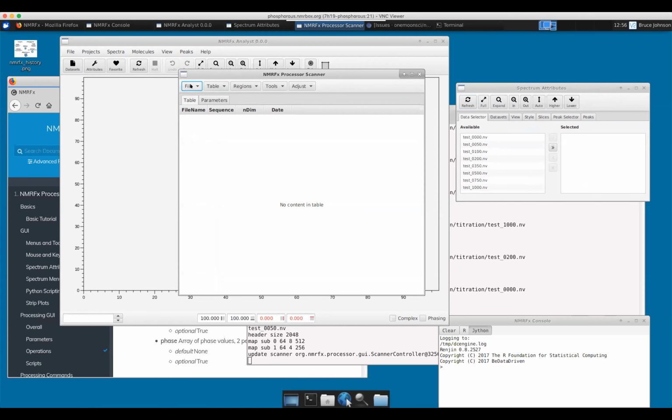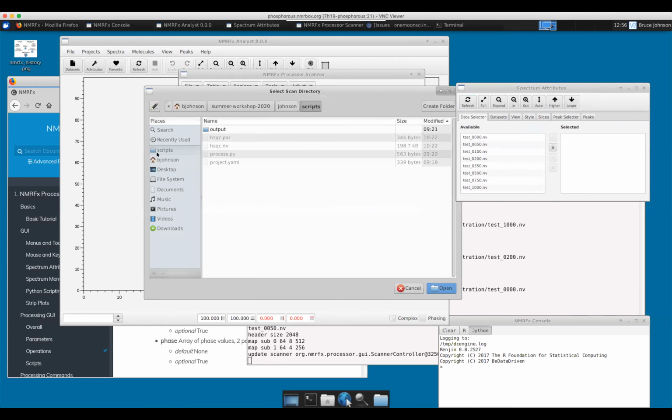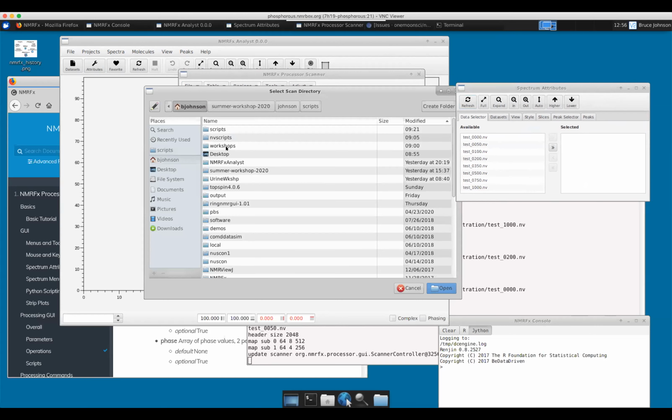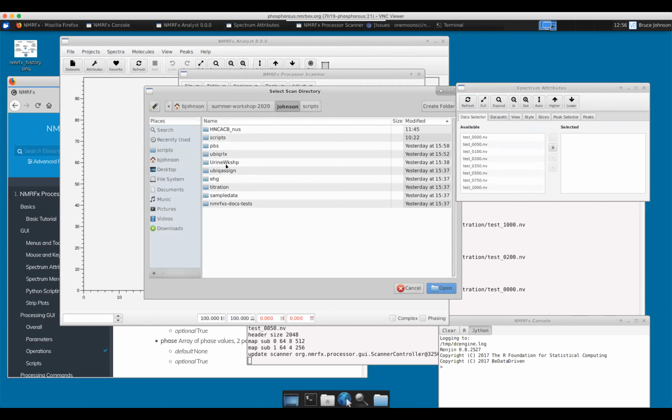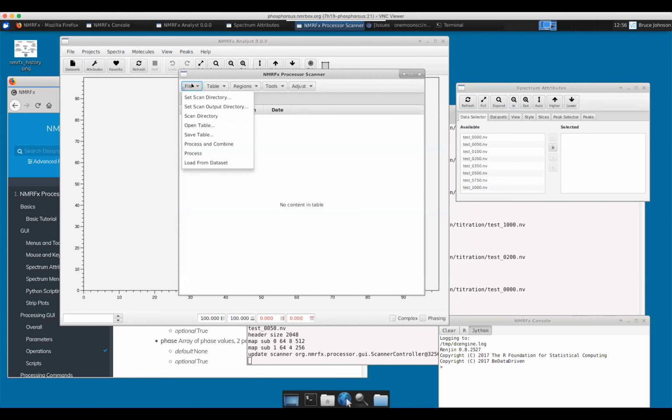Let's see if this works. If I go set scan directory, now I'm probably going to mess everything up, but we'll see. And go to Johnson, and I'm going to go to the ubiquitin relaxation folder and just say open,